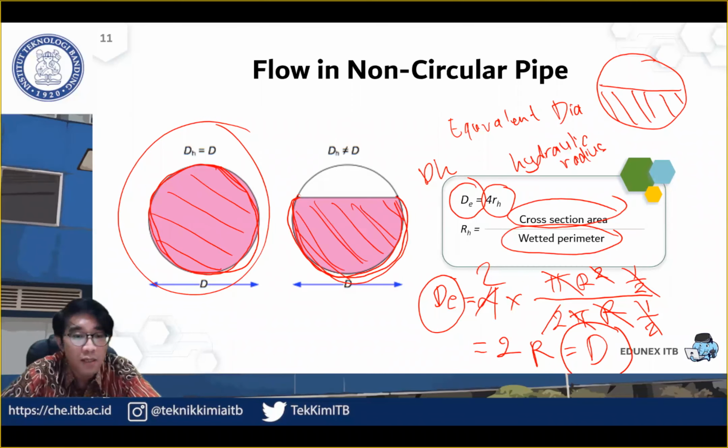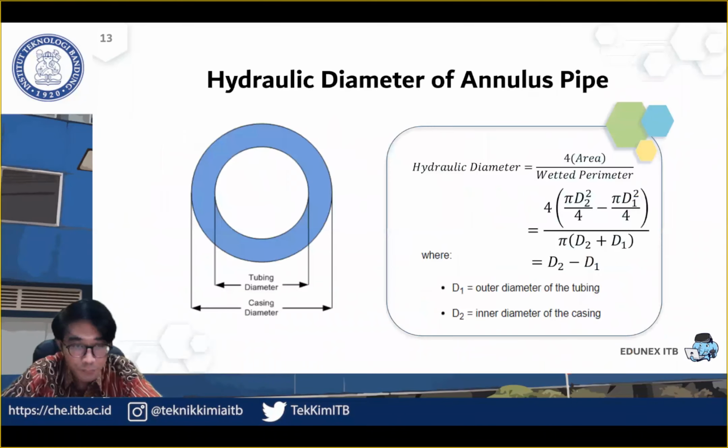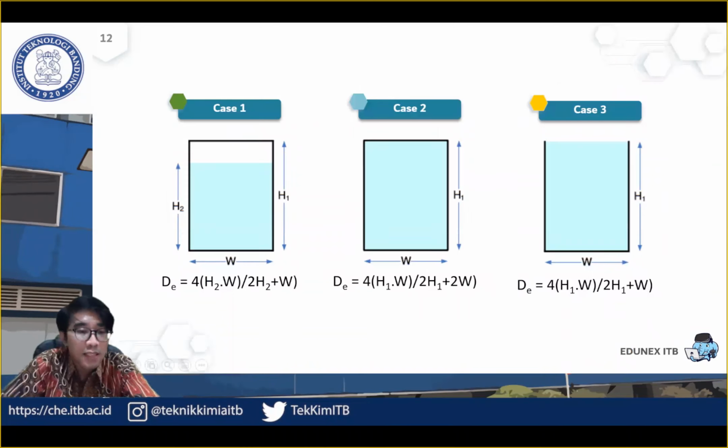Okay, and that's the case for the circle pipe. If you have any other pipe cross-section, then you can see from this figure, for example, this is the rectangular pipe. Case 1 and case 2 are fully closed cross-sections. Ya. Jadi tiga-tiganya sama-sama pipa dengan penampang kotak, tapi yang 1 dan 2 ada tutupnya di atasnya. Ini masuk ke dalam ya. So you can imagine the pipeline is going inwards the slide.